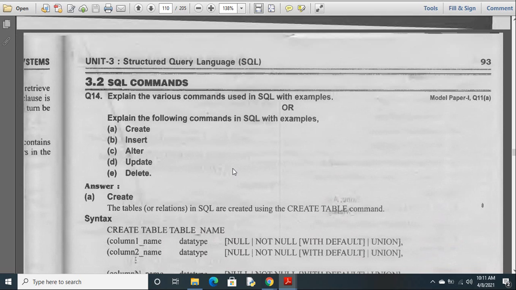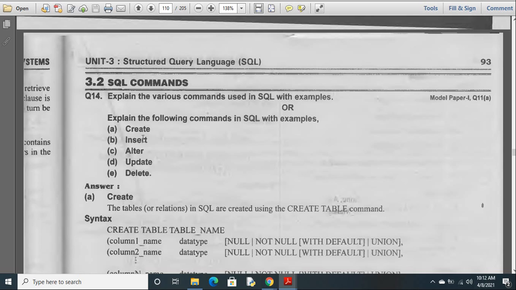So you just tell me in this what we have to cover. Alter is the only one which isn't covered, I think. Yes, sir. Create is done. Create, insert, update and delete.